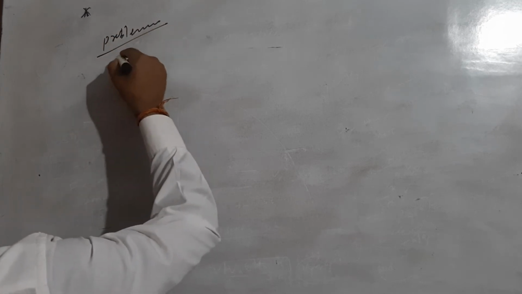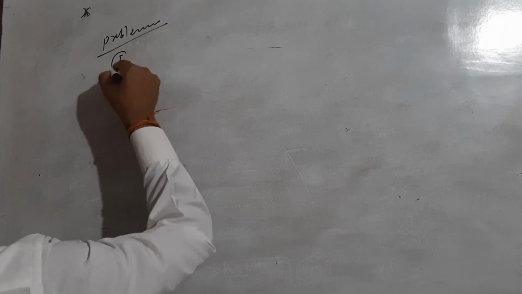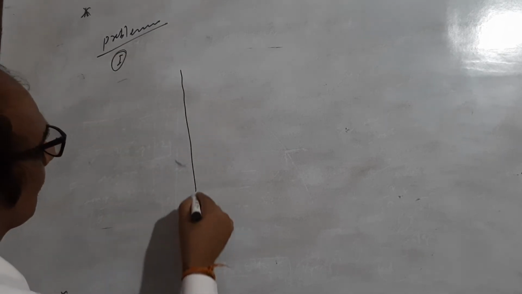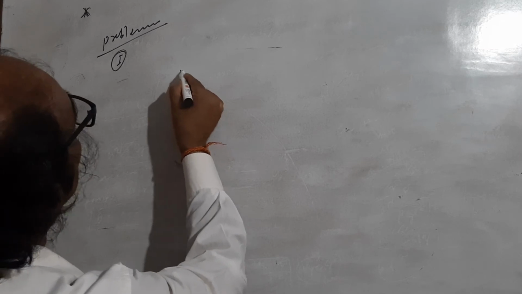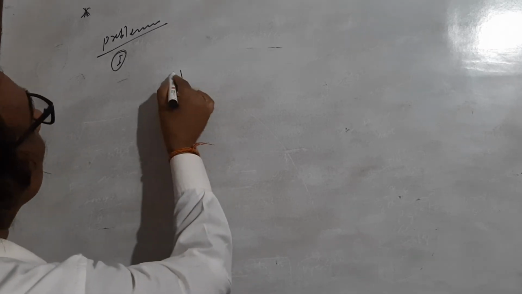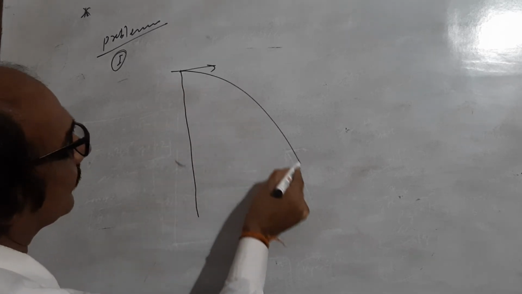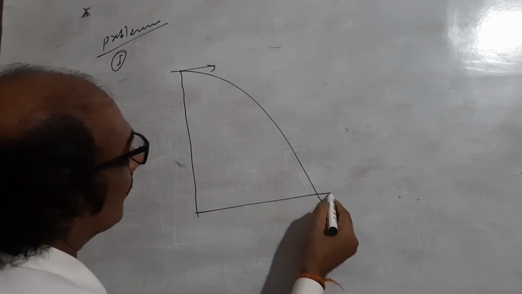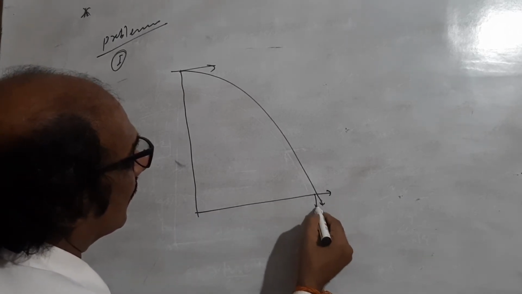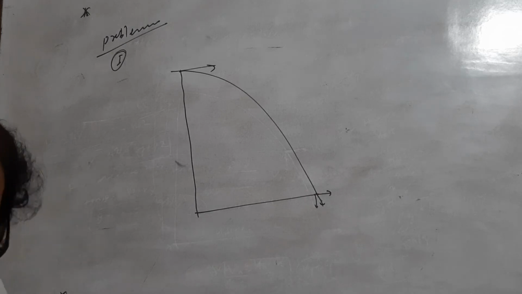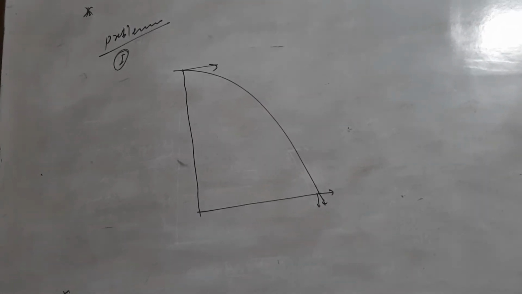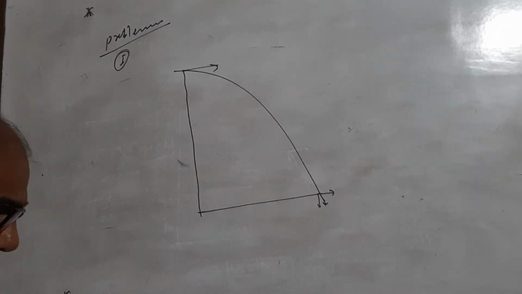Problem 1. This is the height of the tower, and the projectile is thrown like that and finally comes to the ground. Now, the question is,